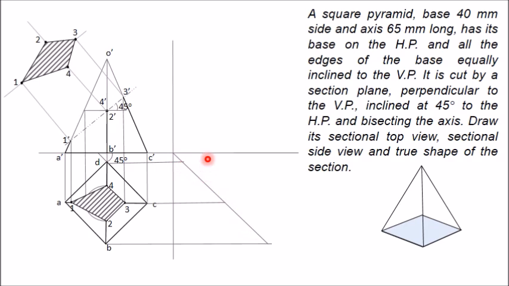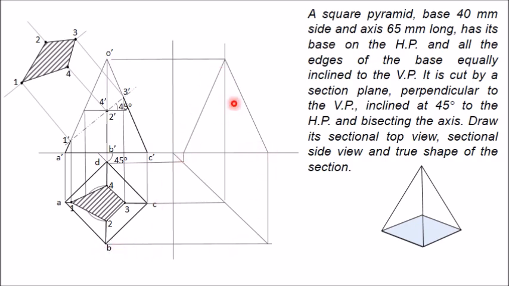From these points, draw vertical projectors. So I have drawn vertical projectors. Now to get the actual points, you have to draw horizontal projectors. So this is my O point. This O will come in this line. So from O dash, draw a horizontal line. You will get this point as O, and similarly this line is for A and C, so A and C will appear here. So D point will appear here, and B point will be here.